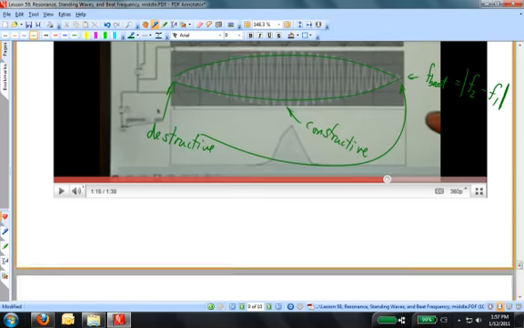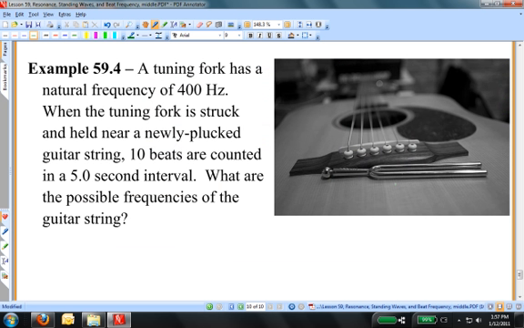Let's solve a problem. A tuning fork has a natural frequency of 400 hertz. When the tuning fork is struck and held near a newly plucked guitar string, 10 beats are counted in a 5-second interval. What are the possible frequencies of the guitar string? Well, first of all, we need to figure out what the beat frequency is. They tell us that I count 10 beats in 5 seconds. And so when I get these 10 beats in 5 seconds, then the beat frequency is going to be the number of beats per second,